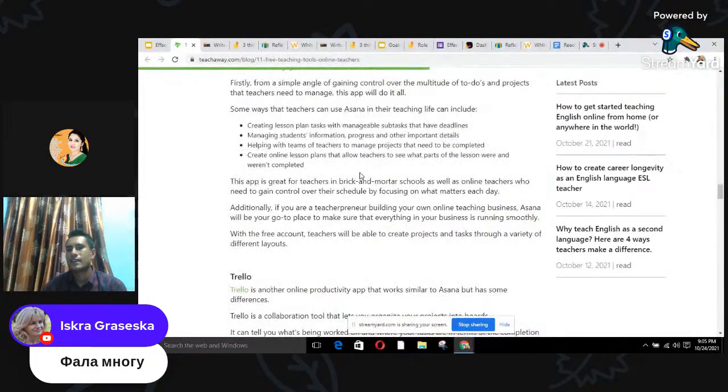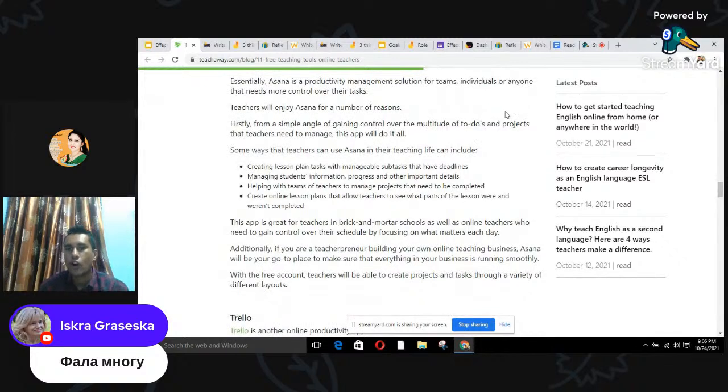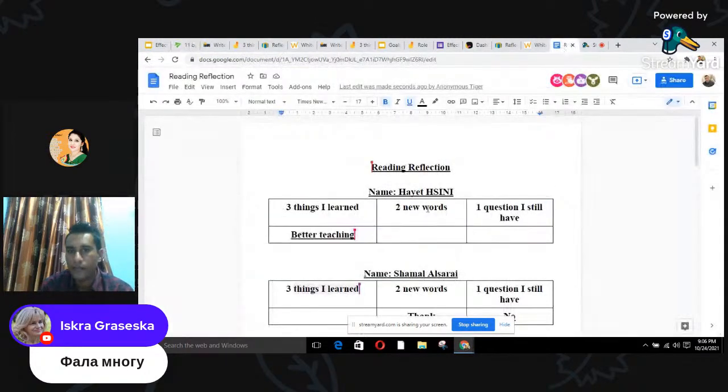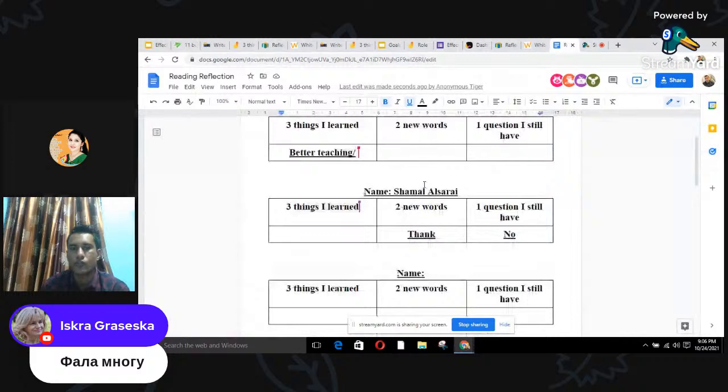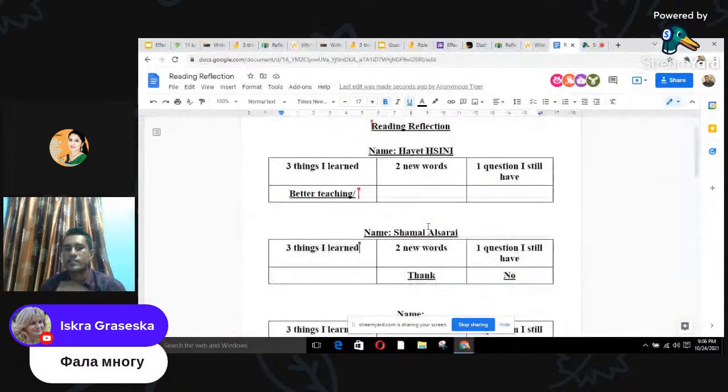So when you start a new concept, or maybe in the middle of the concept, or maybe you want to conduct a formative assessment, you can ask some questions to them, and then they can write their answers after reading the blog or reading materials, and give the reflection in a Google Doc in the same way. You just need to create a few boxes for them, or an empty template, and ask them to write their reflection here. So it's easy. All the students can read their friends' answers.